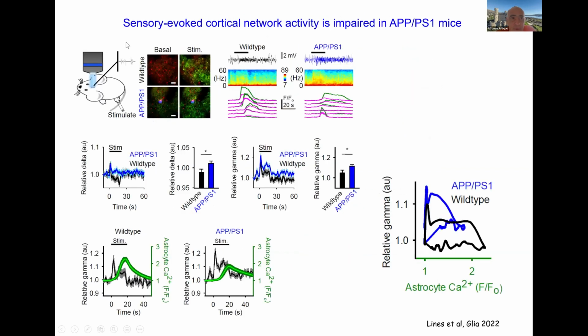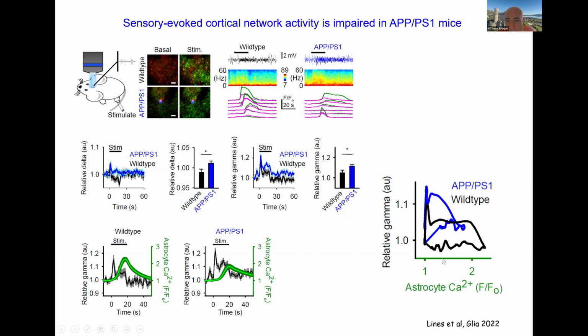Then we wondered what would be the effect on the neural network regulation. So we performed a similar experiment to what we have shown before in control animals, but now in APPPS1, and we compare these, just to summarize the results, in this hysteresis loop. And you can observe in the wild type this classical pattern of behavior of the gamma activity versus the calcium activity, with the initial gamma activity rise and then the decrease to a steady state level with the sensory